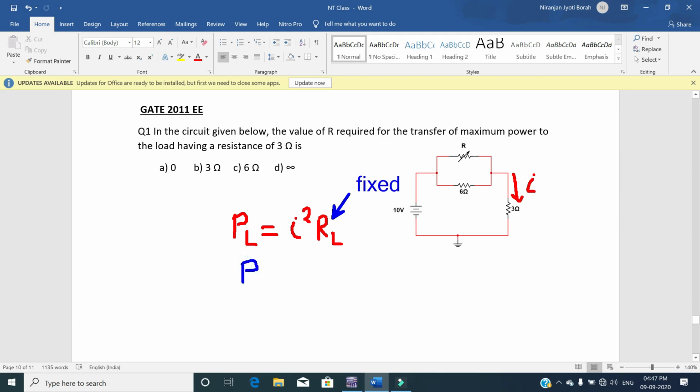PL can be maximum when I is maximum, and for this I to be maximum, the input resistance looking from the source terminal Rin should be minimum.